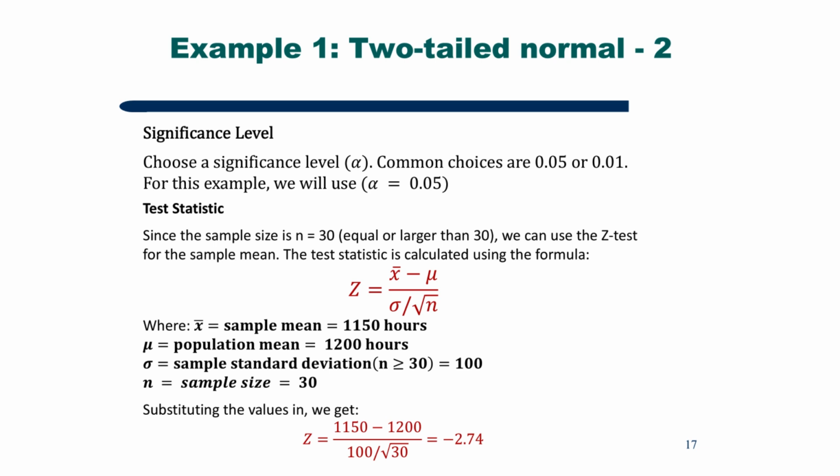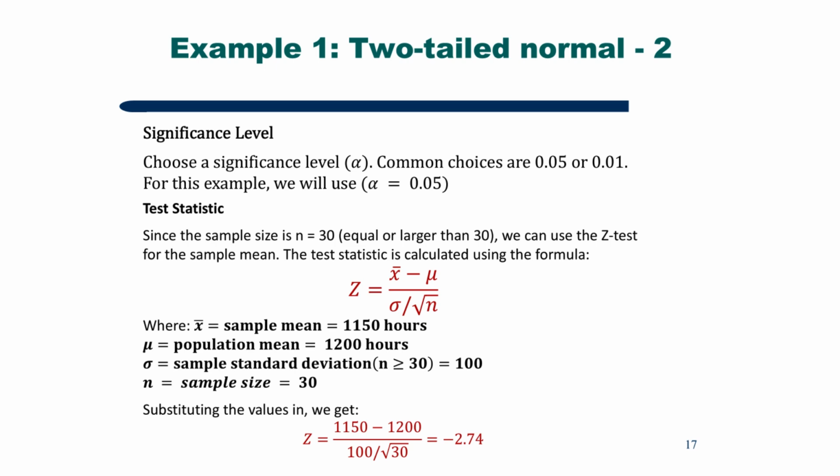Solution. Significance level. Choose a significance level, alpha. Common choices are 0.05 or 0.01. For this example, we will use alpha equals 0.05. Test statistic. Since the sample size is 30, which is equal to or larger than 30, we use the z-test